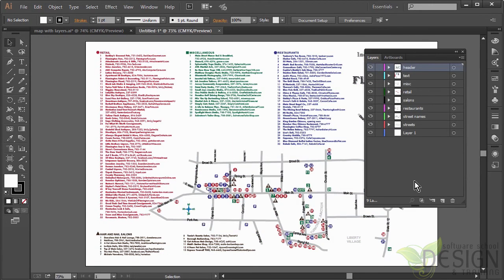Now I have all of my layers just like I wanted, so I could hide, let's say, all the restaurants or hide all the salons or hide just the text. So that's a really great feature. So the next problem I'll show you how to fix is what to do when Illustrator destroys your layers when